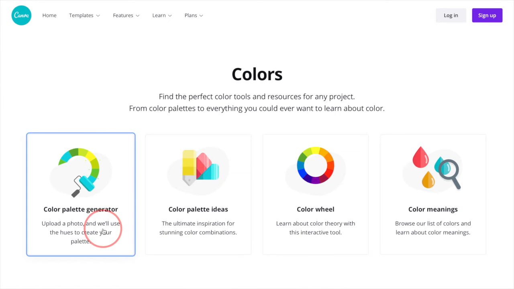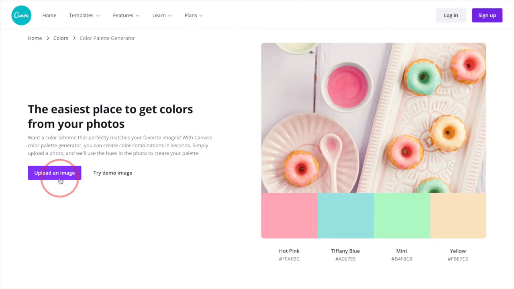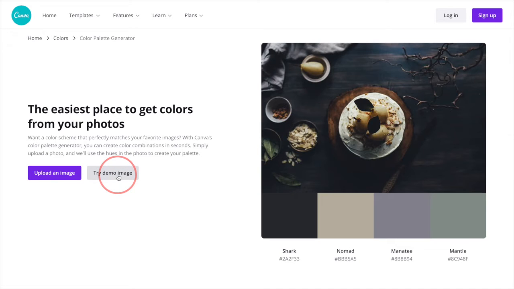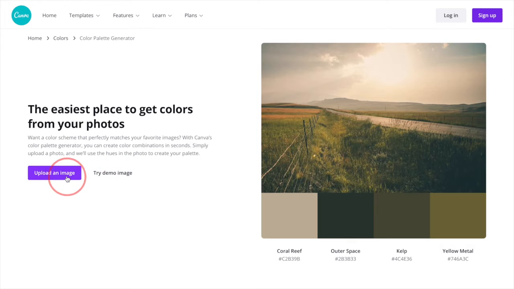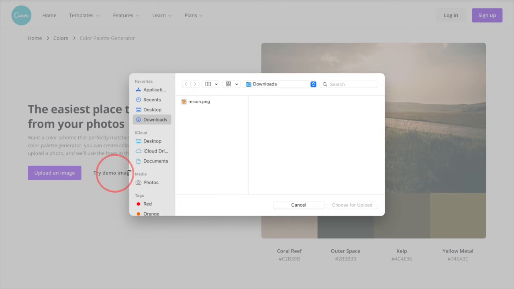The color palette generator lets you upload an image of your choice and essentially finds the colors in the image to create a custom color combination that matches it. The Try Demo image lets you see the various images and its color palettes, including the names of the colors and its hexadecimals. To use your own photo, click the Upload an Image button and choose the image you want